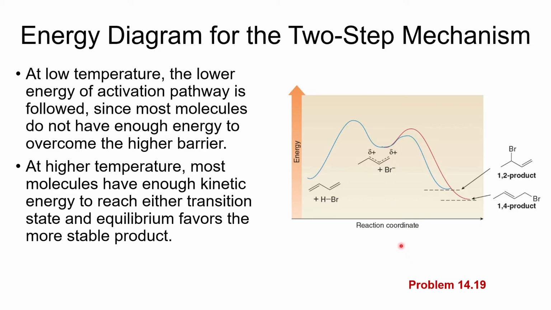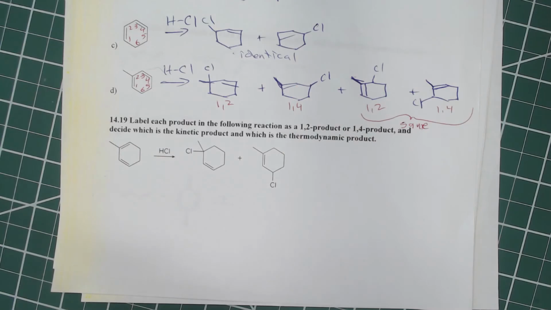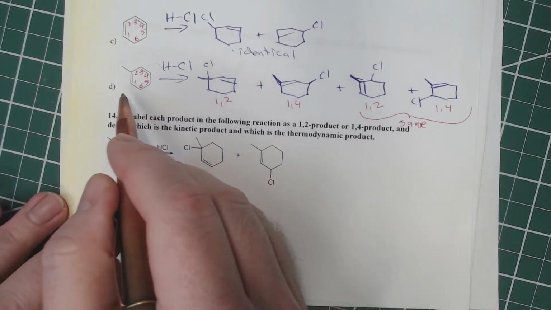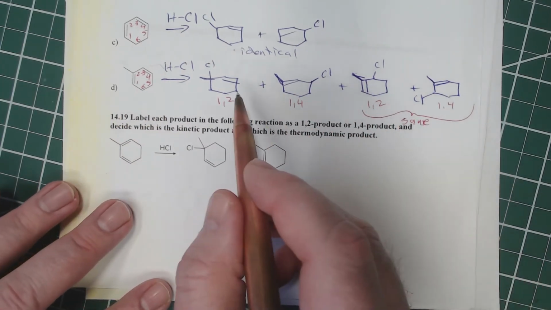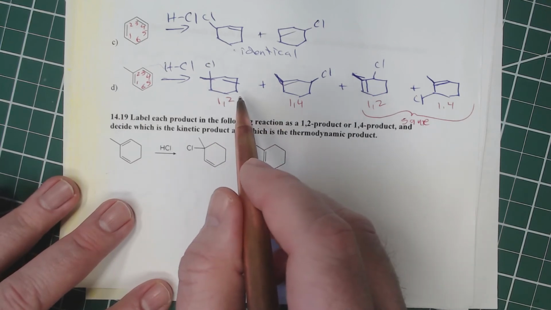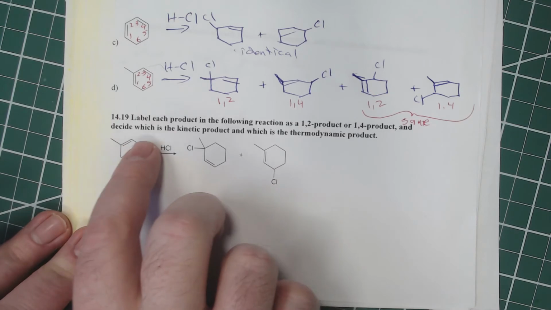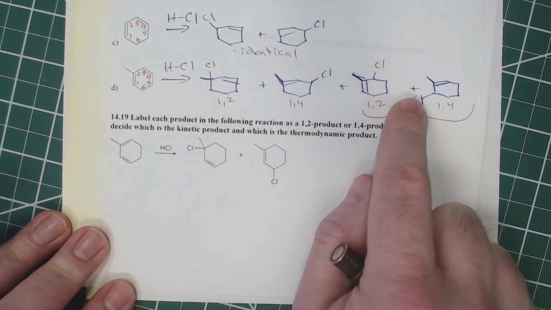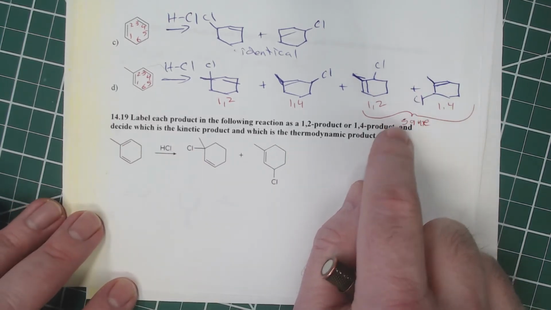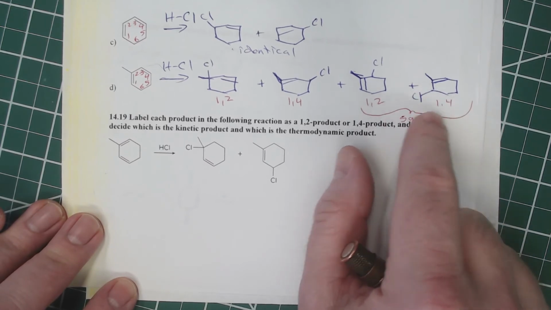All right, so we're going to look at 19. 19 is actually the same problem, but it's only one set of the products. So it's the same one that we had here. We end up getting these 2 products that are indicated right here. It does not show this product. It is probable that we wouldn't get very much of this product